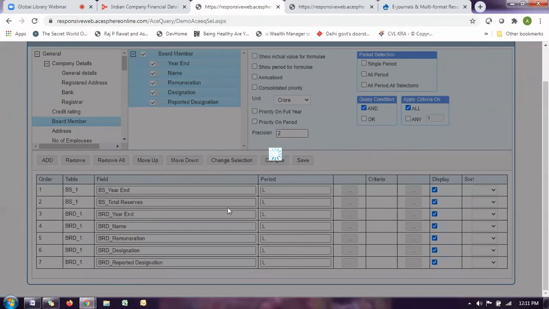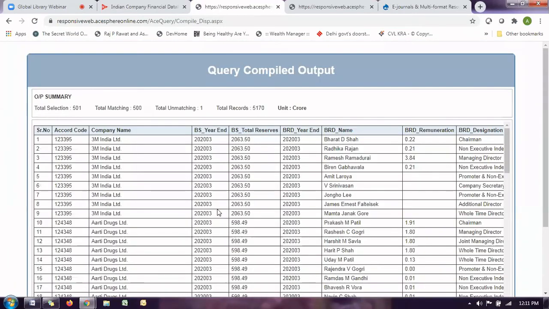there will be a repetition of the company rows, because this particular data is going to be common, but since for each company there are multiple directors available, the number of rows are repeating. In that case, don't combine tables like board members, bankers or more than 1% holdings along with the shareholding or the financial data, because these tables have multiple records against them.